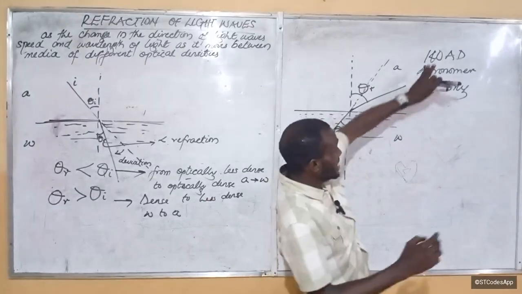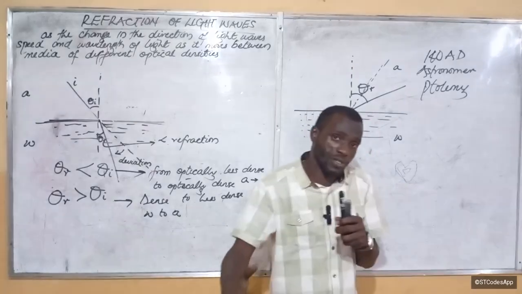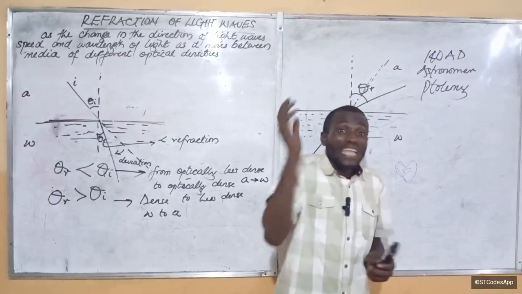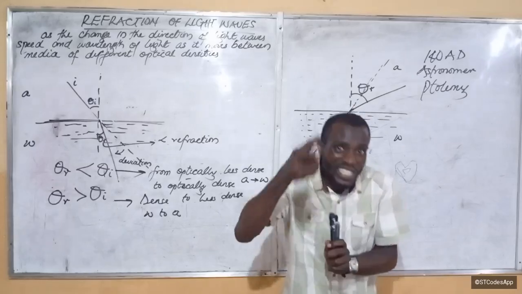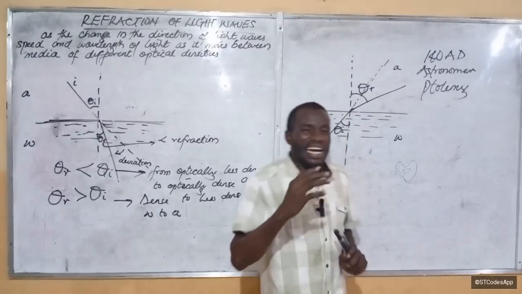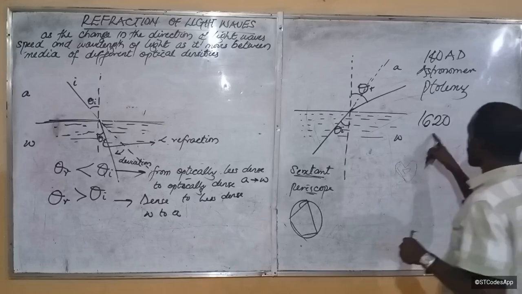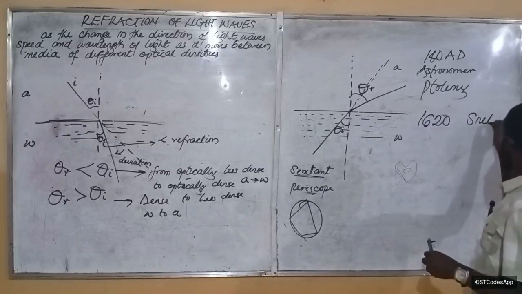So as early as then, calculations on refraction had been ongoing. Even scientists that came after him could not establish a relationship between the angle of incidence and the angle of refraction. It was around the 16th century, about 1620, that a certain scientist known as Snell